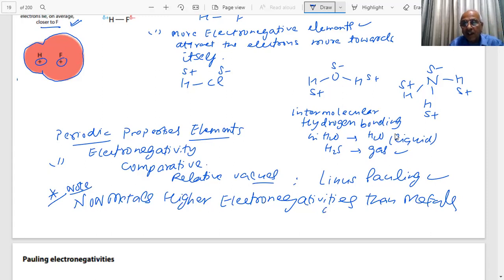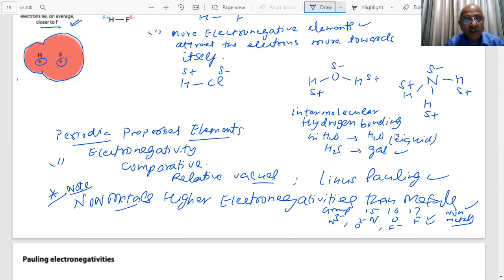So, students, if I take groups 15, 16, 17, what is happening here? Nitrogen, this is my oxygen, this is fluorine. You know they are highly electronegative elements, yes or no? Non-metals, are they highly electronegative? They have a tendency to attract electrons towards themselves. N3 minus, O2 minus, you are aware of F minus. So they are pulling the electrons towards themselves. Electron affinities are high, student. They will release a large amount of energy. The electron goes towards them.